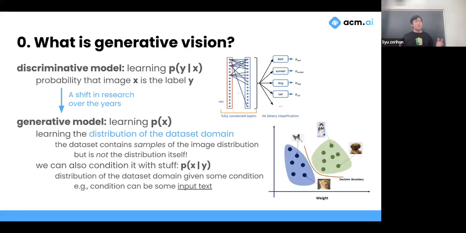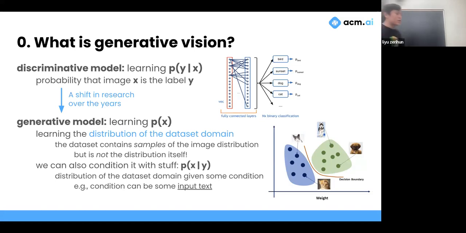First thing, I want to talk about what generative vision is exactly. So most of what we have been learning in the advanced track is what are called discriminative models, where we're learning P of Y given X. What does that mean? It means the probability that image X has the label Y. Specifically, we put in an input image X, and say we have 10 output label classes. Then what our model is really outputting is the probability that, let's say, the label is dog, the probability that the image belongs to the class dog. And we have, say, 10 of these probabilities if we were to output from a 10 class classification model.